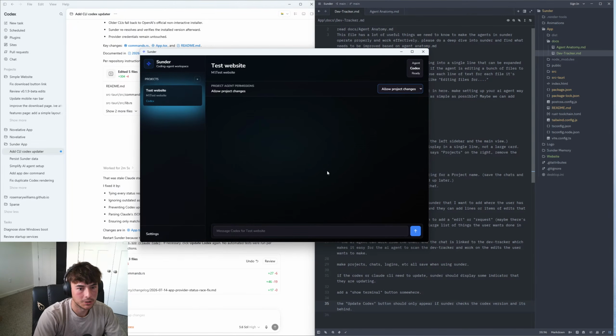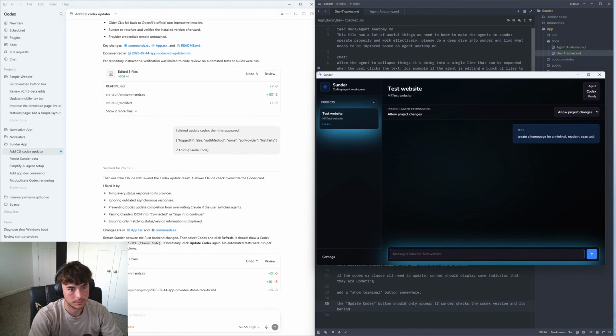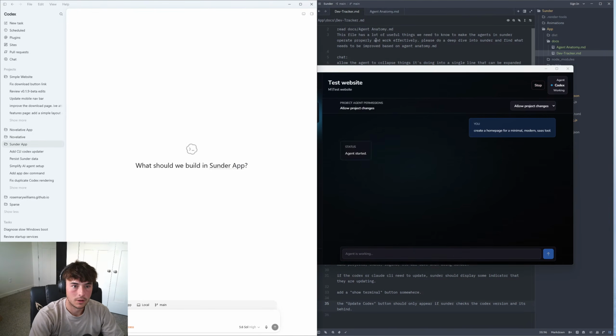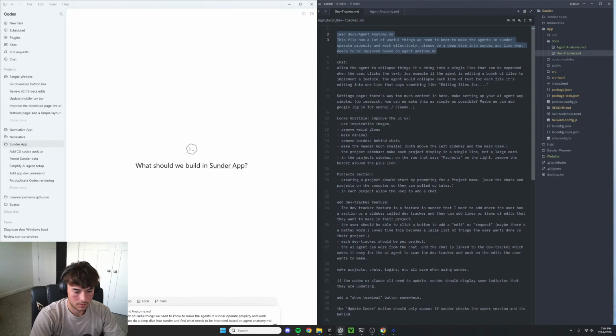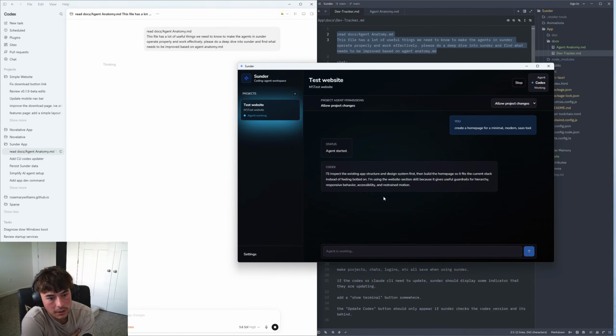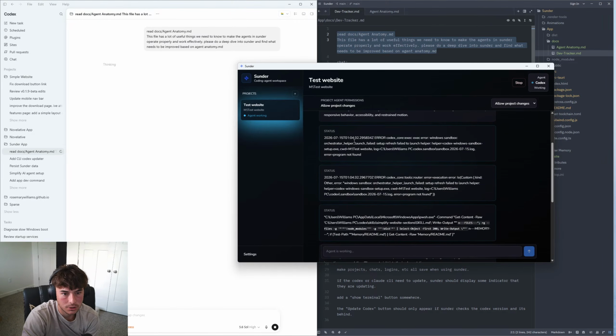Connected and ready. Allow project changes. Create a home page for a minimal modern SaaS tool. Let's see if it works. Okay, it's working. I'll inspect the existing app structure and design system first, then build the home page, and then